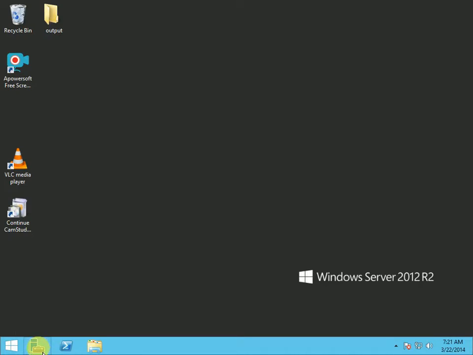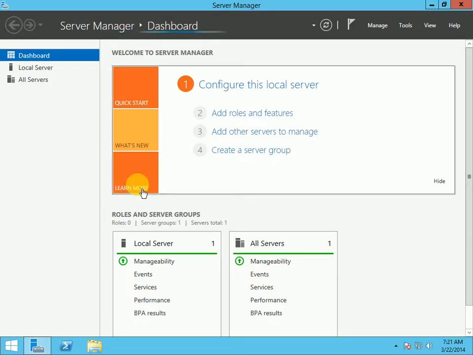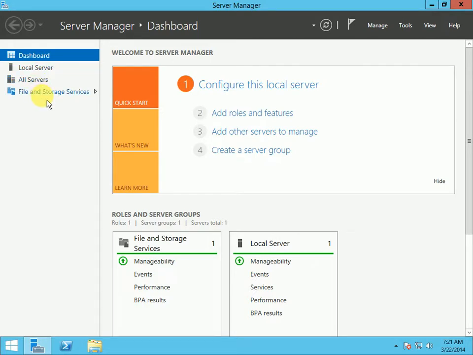So just click the server manager and notice that I only have the dashboard, local server, all servers, and then the file and storage services right here. Later on, we will be installing additional servers like Active Directory, DNS, and DHCP. So if you click the all servers option here,